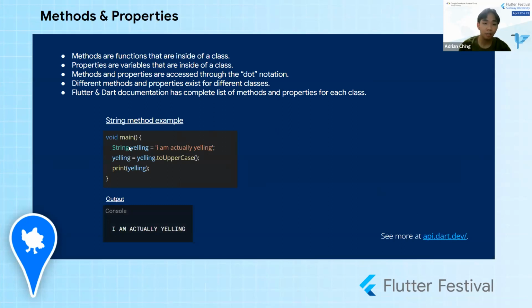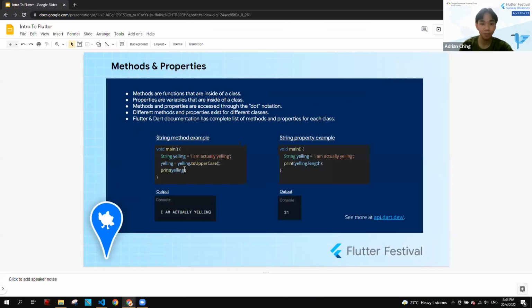So we create a string variable, and this is the value, right? Now we are applying this method, and this method is basically a function but is inside of the string class, so that's why we call it a method. The method is accessed through the dot over here, so the variable, dot, and then the method. When we print it out, you can see that it converted into all caps. Now let's try it out.